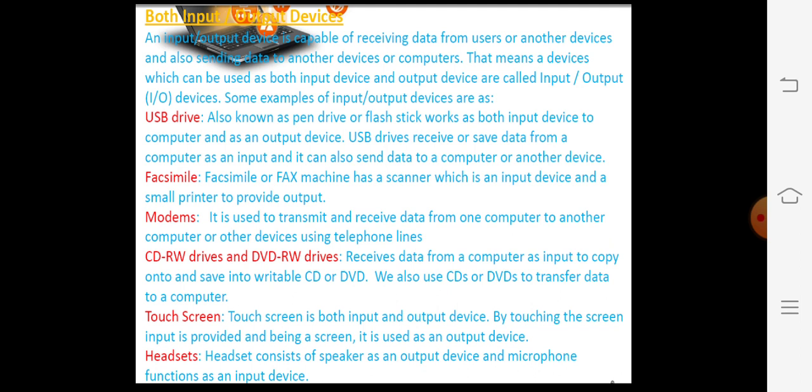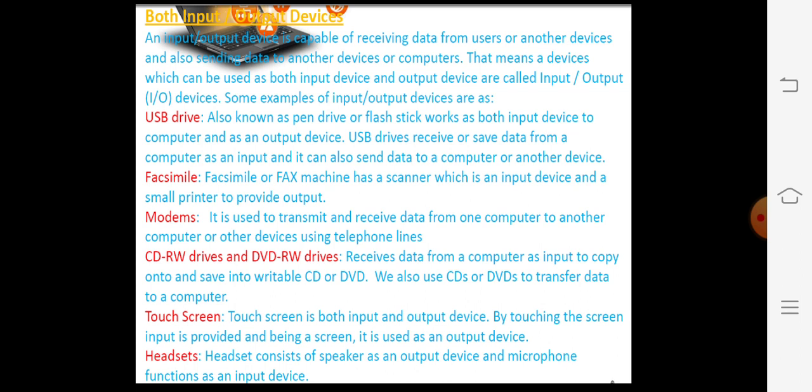Then the devices which can be used both as input and output, that means they can give inputs to the system as well as get outputs and give them to a user. So what are the devices which have both responsibilities as input and output? The first one, the USB drive. It can be used to give the details and to store the details.